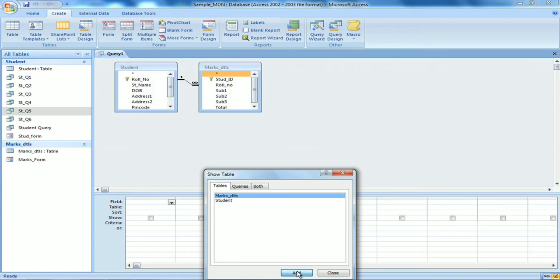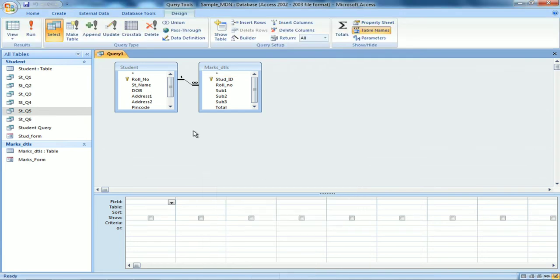Now remember why this sign is given, because we have established a relationship between the two tables. So this relationship sign is being shown. Now you can see all the fields from this and all the fields from this can appear. Right now I have no records of the marks details table, so it will be blank here because I do not have subject 1, subject 2, subject 3. I don't have total. Okay, I can have total later on. Anyway, I'll show it to you.